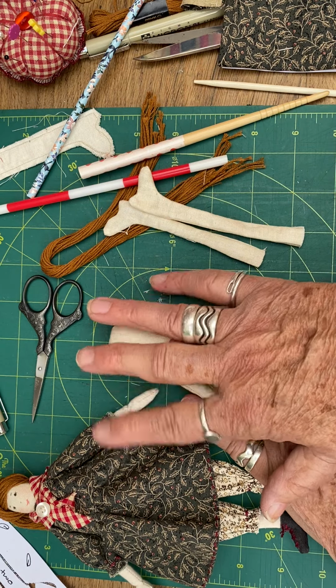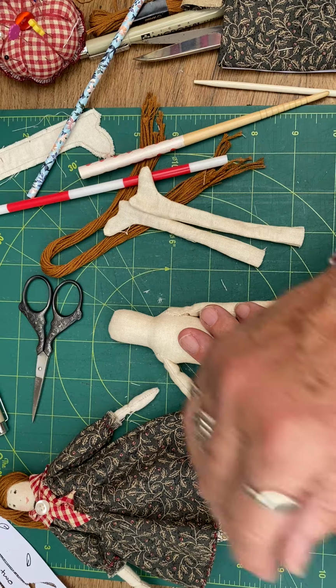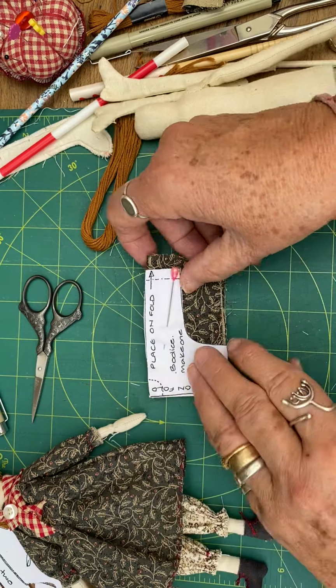So you need to make her dress really before you put her hair on, because she's not a dolly to be undressed, because she's got quite a lot of hair and the opening for her neck's not very big. But let me just show you how to make the dress. The bodice has got